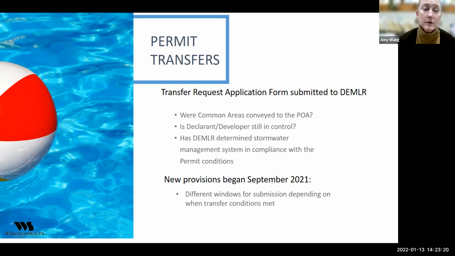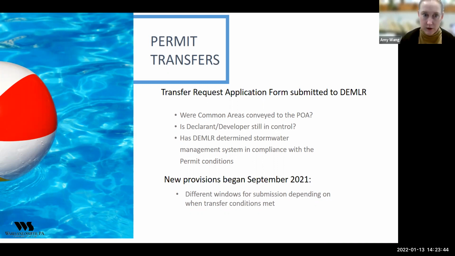They can, if the successor owner holds title or the right to engage in the activity, or is an association, the agency can transfer the permit. If these requirements happen after July 1st of 2021, then those parties have 90 days from that time to request the transfer.